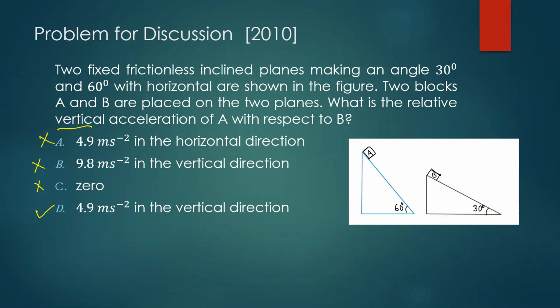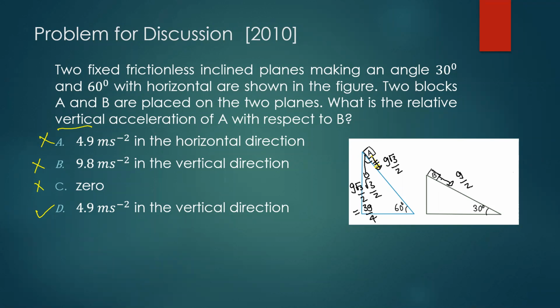So, on an inclined plane, along the incline, the acceleration is g sin theta. So g sin theta is root 3 by 2, g root 3 by 2. Similarly here, g sin 30, which is g by 2. Now, if I get the vertical component here, this will be 30 degrees, so I'll take cos of this. So g root 3 by 2 multiplied by cos 30, which is root 3 by 2.